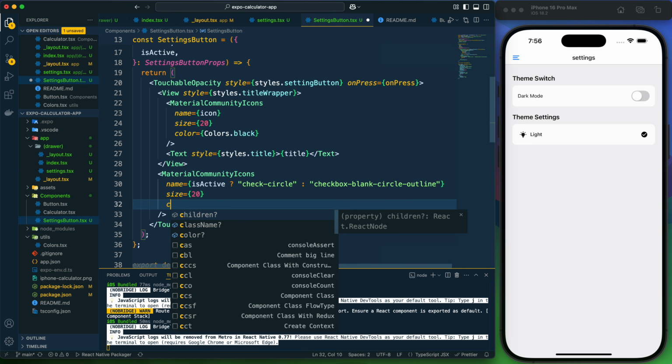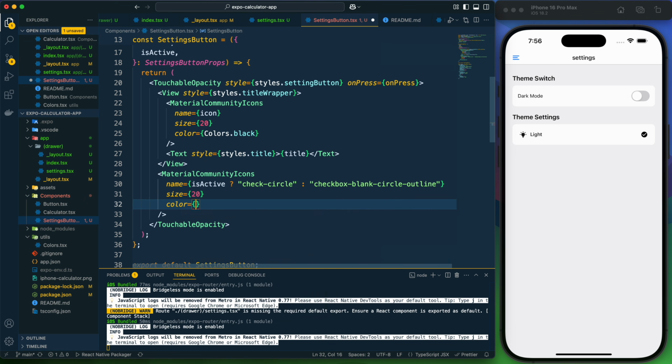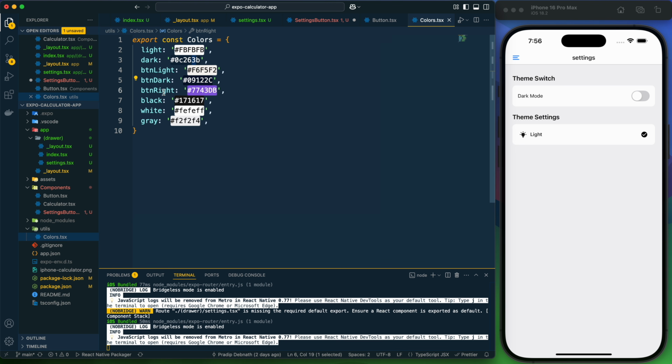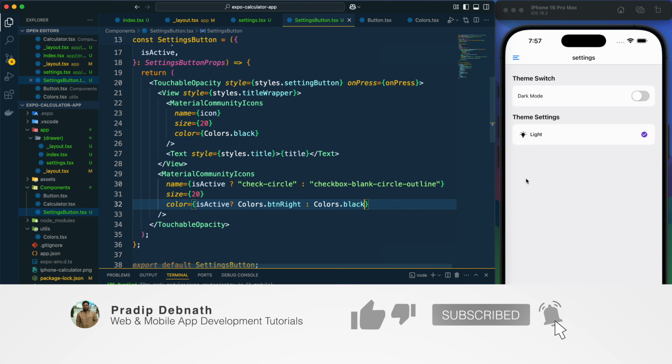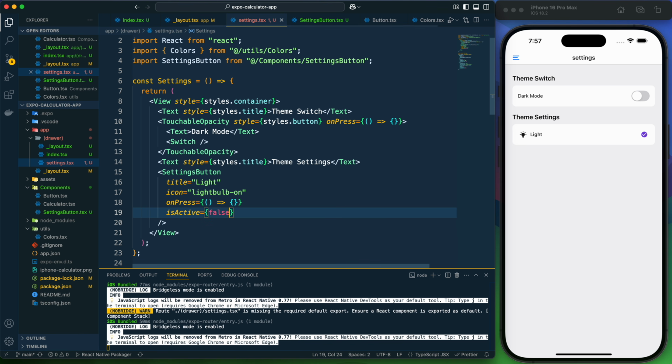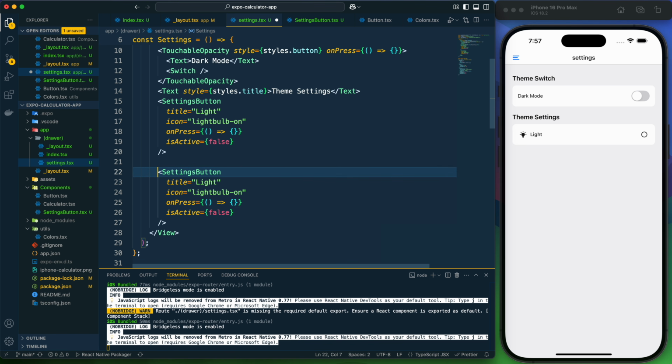Now let me provide a color here, and here also I want to provide a checking. If it is active, then I want to provide a color which will be this color, and this color we have in button right. So that's why I have provided the button right. Otherwise let's provide black color. So here we can see the color have been changed. Now let's provide false. Now after this settings button, let me create another settings button which will be for dark,